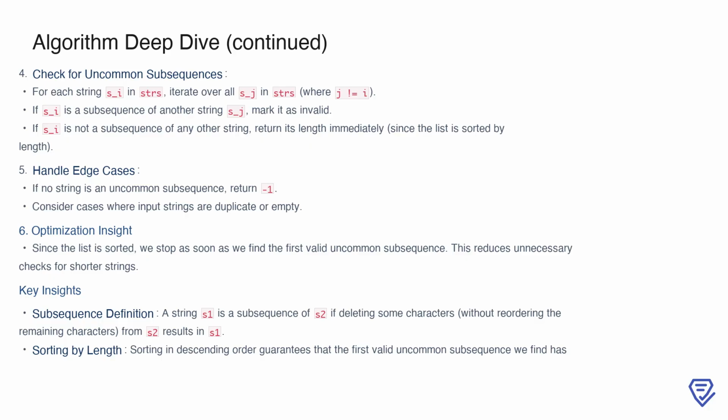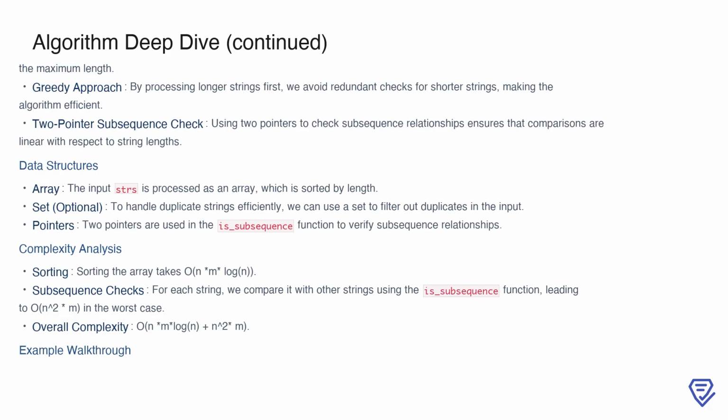By ensuring the input strings are processed in descending order of length, we effectively use a greedy strategy to make the algorithm both correct and efficient. This greedy approach is powerful because it focuses on longer strings first, avoiding redundant checks for shorter ones. Using the two-pointer technique for subsequence verification keeps our comparisons linear in terms of string lengths, which is crucial for